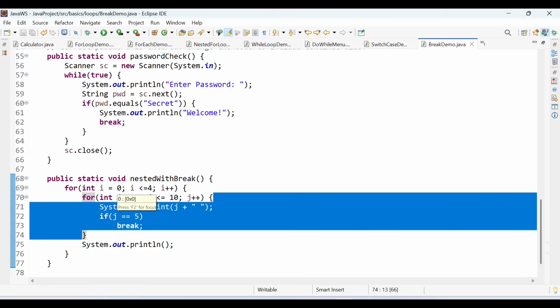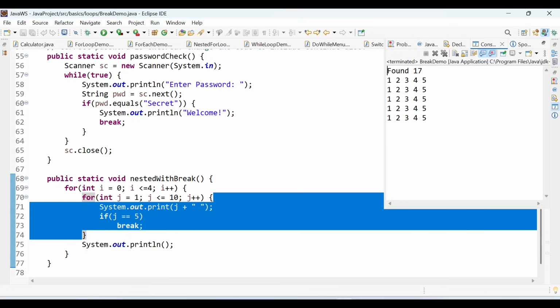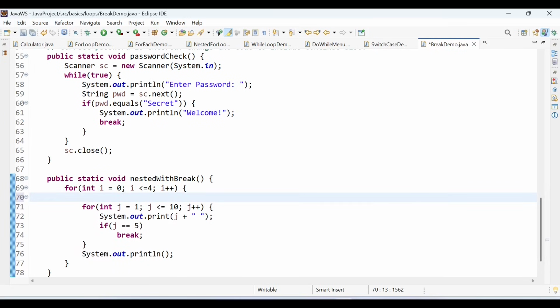That means it will go to the other iteration of this outer loop. So it will start again, j from 1, again 1 to 5, break, again next iteration of outer loop, and so on. So that is how you can place a break statement within a nested loop. If we have 3 loops, if you put it in the context of the third loop, it will come out only of the third loop. If I put it somewhere here, break,